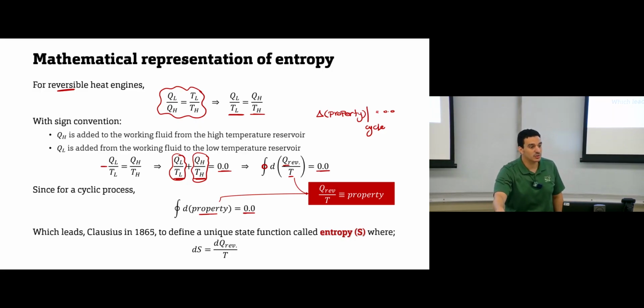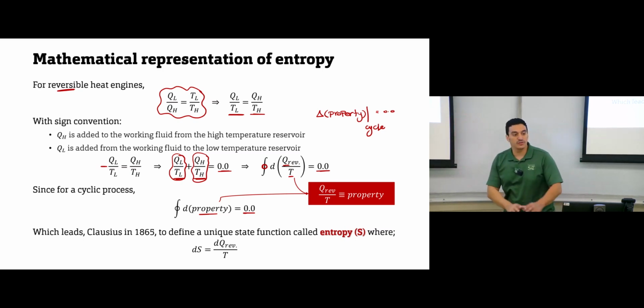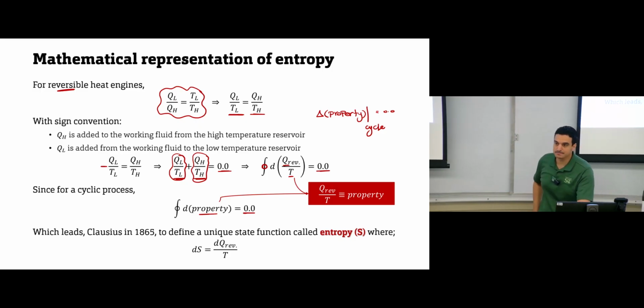And what is the definition of entropy? So far there is no definition. At this stage, when they defined entropy, the whole definition is that this is a property of the system and it's calculated by Q divided by T, and that's it. But there is no physical meaning for it. Okay, so far it's clear?